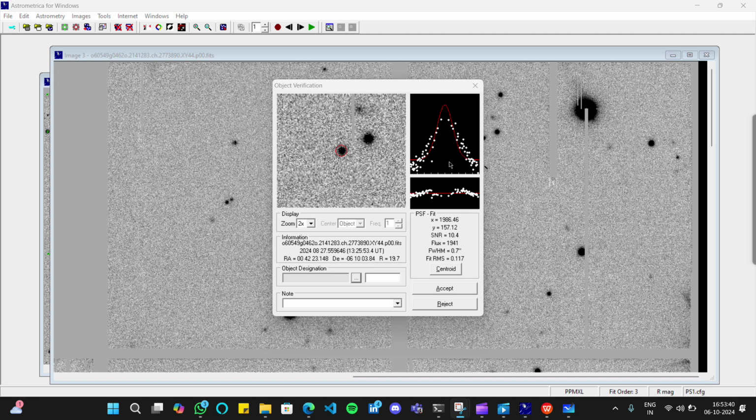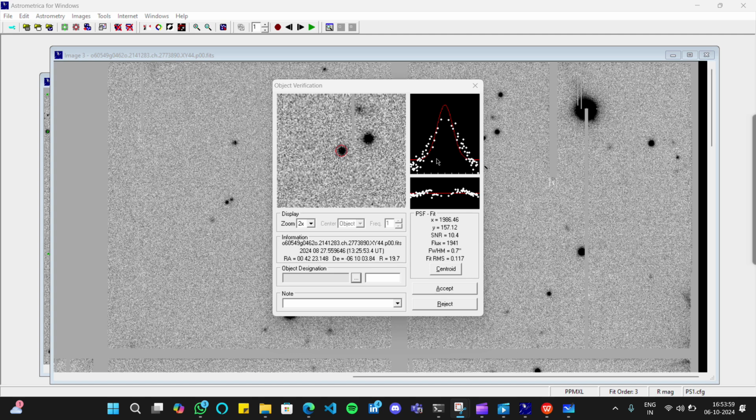The third thing that you have to keep in your mind is SNR, the signal to noise ratio. It should always be greater than or equal to 5. If it is 4.9 or 4, it is negligible and can be considered, but it is better that it be 5 or greater than 5.